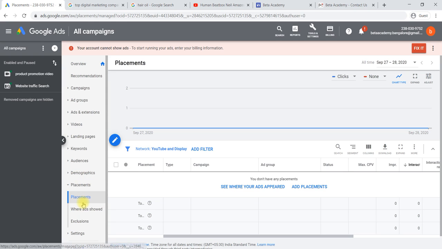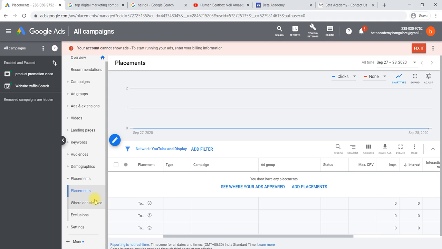By analyzing demographics and placement, we can control our budget and maximize the ad reach. We can reach the right audience by managing all these different sections like demographics, audience, and keyword management.